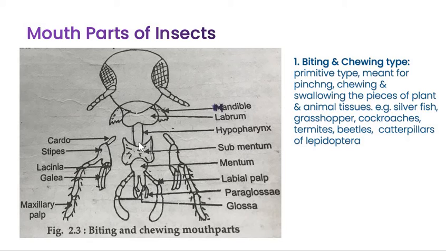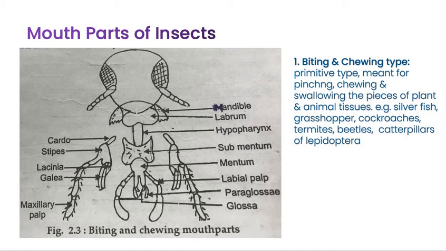Now, the biting and chewing type of mouth parts are very common in the silverfish, for example Lepisma, then grasshoppers, cockroaches, termites, beetles, some hymenopteran insects or their larvae, especially caterpillars of the Lepidoptera, meaning the caterpillars of butterflies or moths. This is the first and primitive kind of mouth part, biting and chewing type. Now, the next type is